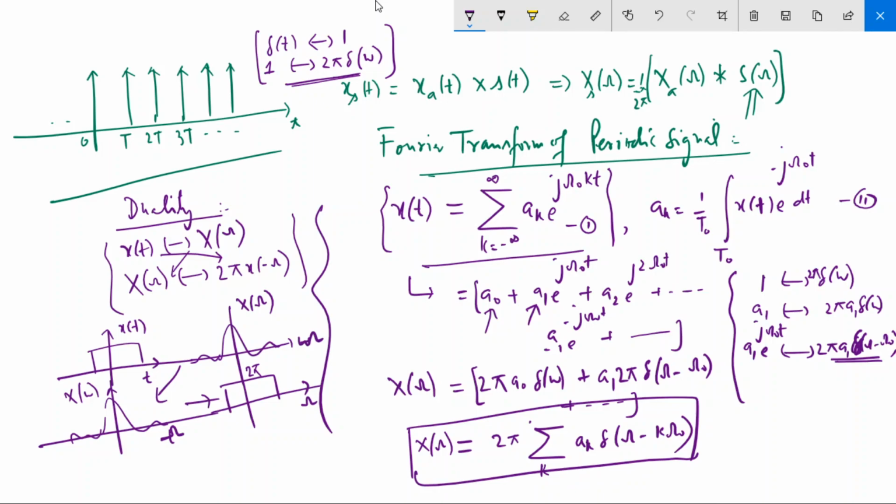Okay, now for this sequence, the impulse train, how do you get its Fourier transform? You have a train of impulses s(t) = delta(t), all impulses located with a spacing of T. So 0, T, 2T, and so on. Now in order to find its Fourier transform, first I have to find its Fourier series because it is a